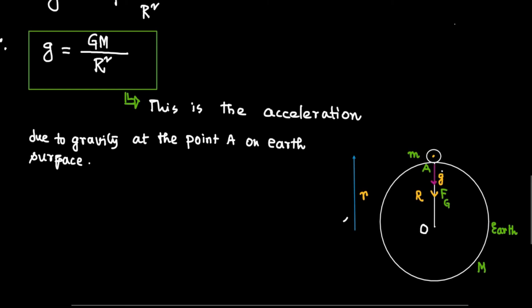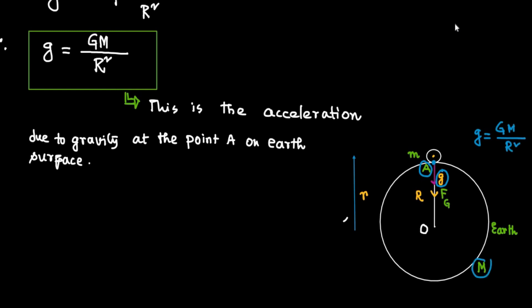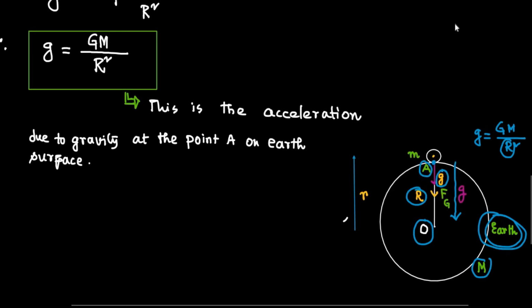In the diagram, small g is the acceleration due to gravity at the point A, and small g equals G M by capital R square, where capital M is the mass of Earth and capital R is the radius of Earth. Acceleration due to gravity acts radially inwards towards the center O. Small g acts radially inwards, and vector r, the distance vector of the center of the body from the center of Earth, acts radially outwards.